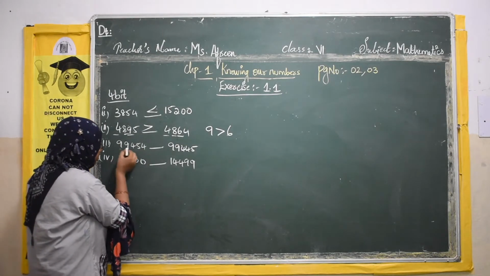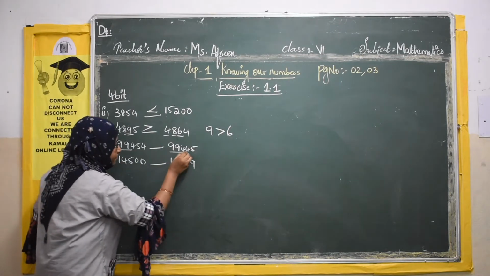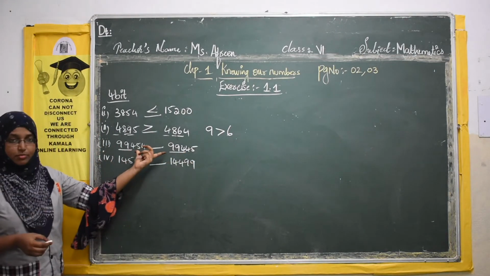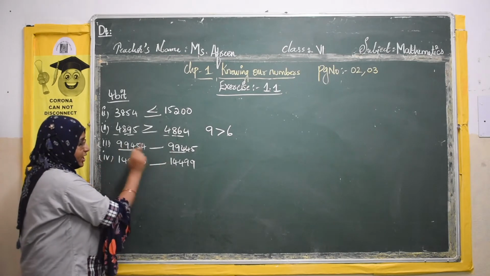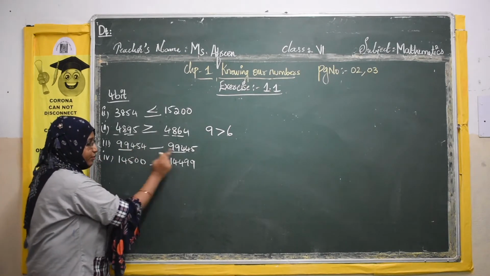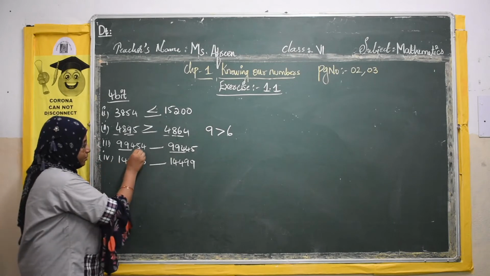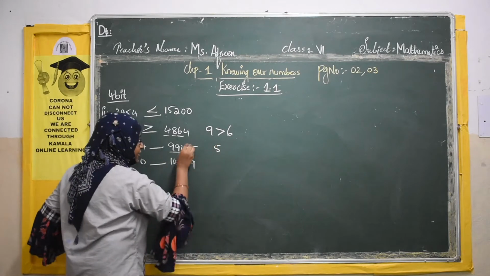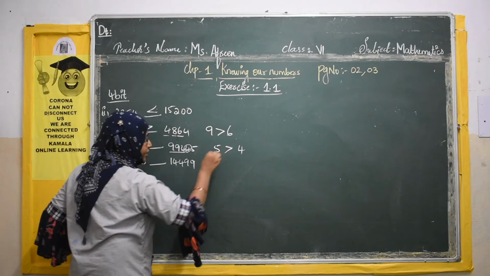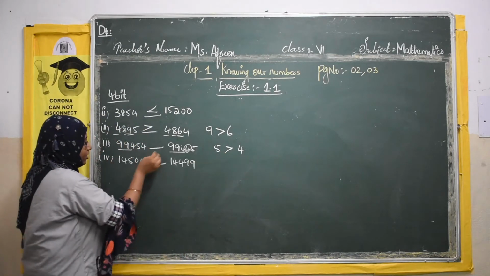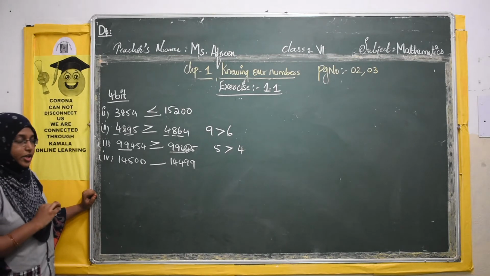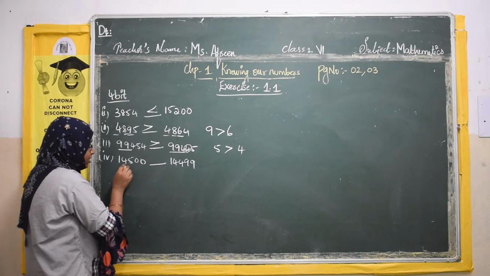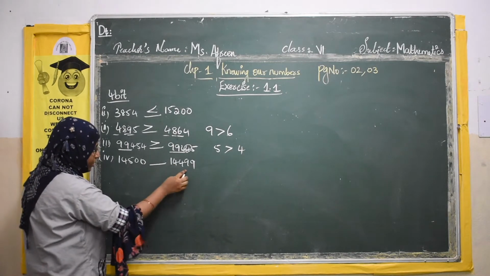The starting 3 digits are the same. Both are 5-digit numbers. 9 is here, 9 is also here. Again in thousands place 9, 9. Hundreds place 4 and 4. Coming to tens place, here it is 5 whereas here it is only 4. So 5 is greater than 4. So 99,454 is greater than 99,445. Next, here it is a 5-digit number, same.